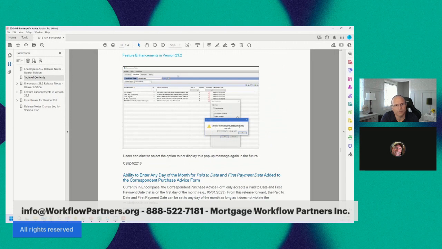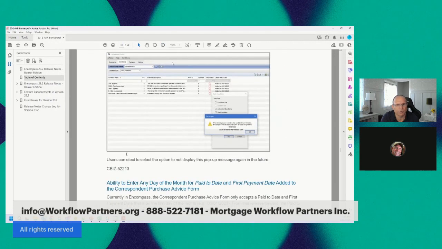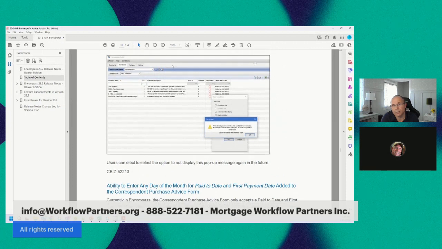So here's just an example. I'm on page 44. That's probably really small to read, but that's where I'm at. Users can select the option to not display this pop-up ever again in the future. I don't know if that's a good thing, because I don't know how to reset that message for somebody if you change your mind. But if this screenshot looks weird to you because you're used to seeing preliminary underwriting post-closing,